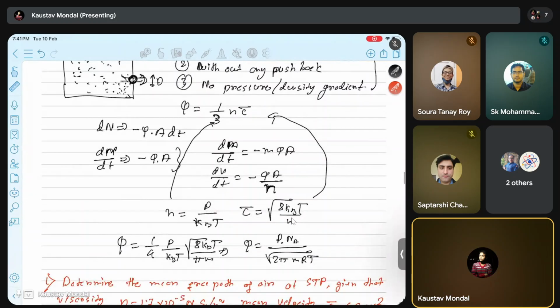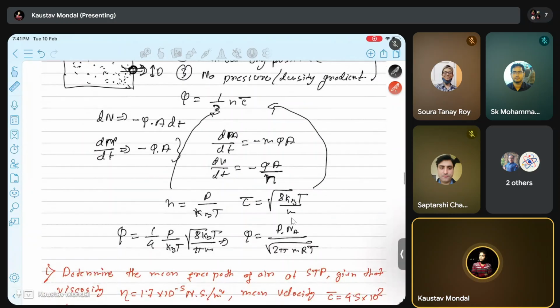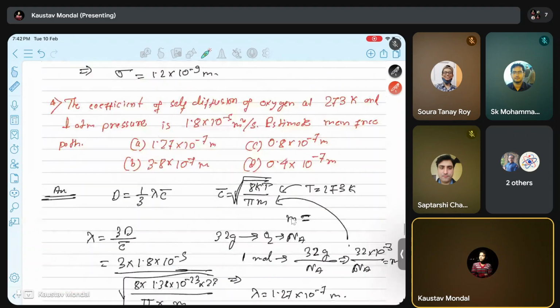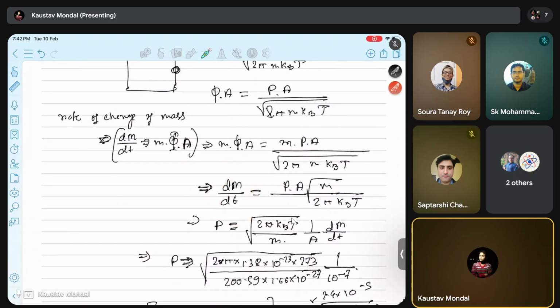Yeah, this one. So this thing you have to remember, dm equal to minus m phi a. So that thing I've substituted here, right? And after that dm/dt is given, so the dm/dt expression is substituted here. So from that we get the expression. Okay, the next problem is